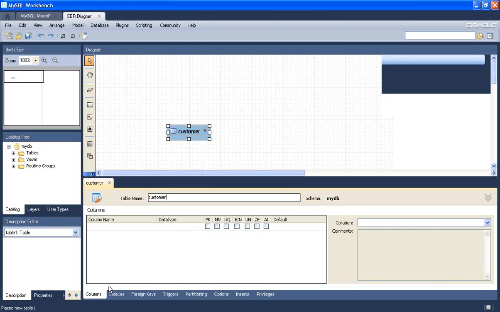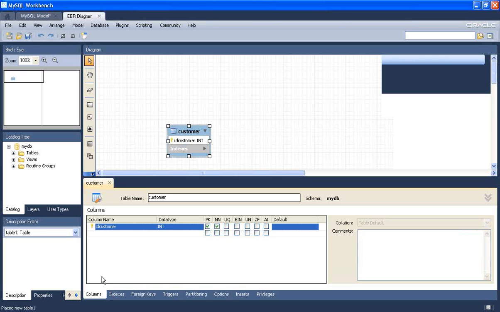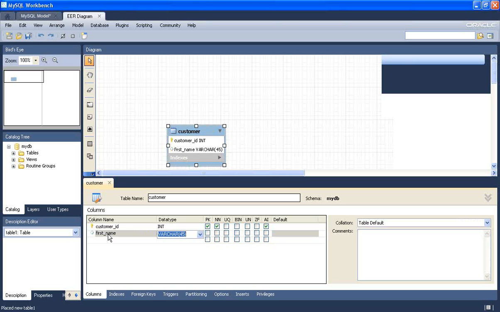customer. Now here in the bottom you can see that you can add columns. I'll talk about this. I'll say customer ID, and I want this column to be auto incremented. It's a PK, which means primary key. I'll talk about these things as well. And first name,